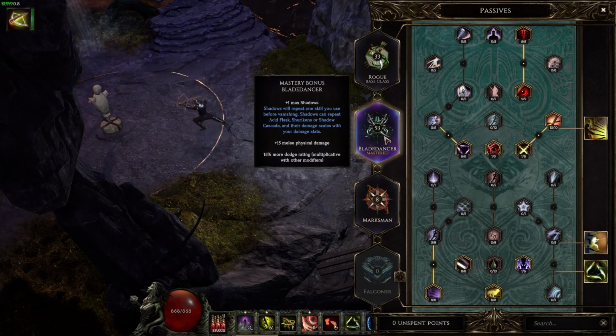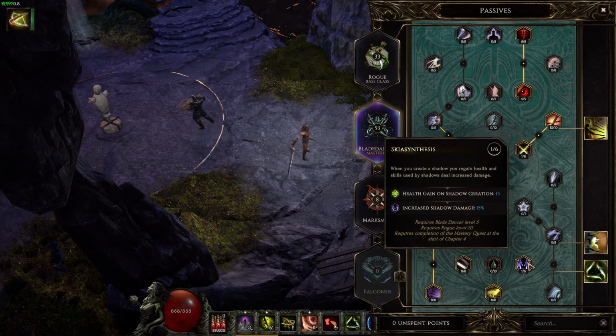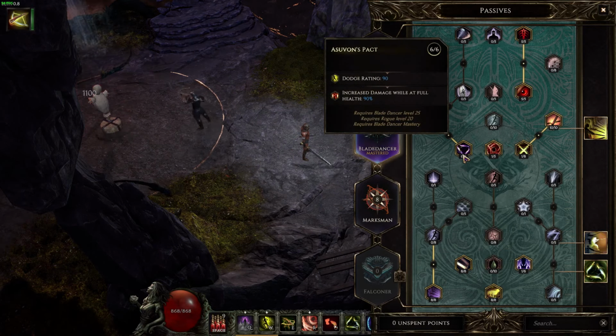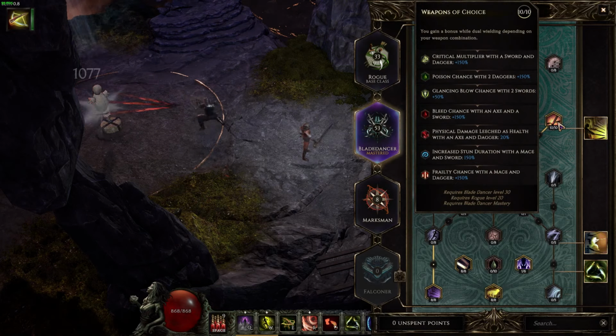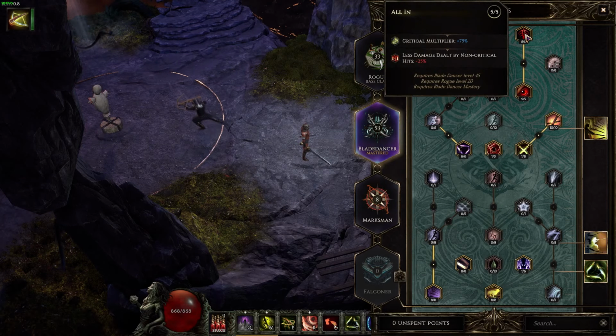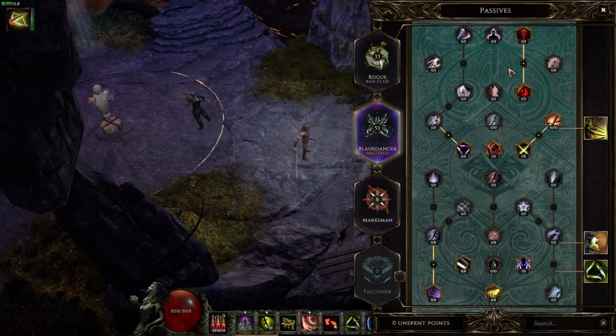And we have 53 points in the Blade Master, 8 points in Cloak of Shadows, 8 points in Pursuit, 1 point in Sky Synthesis, 8 points in Once, 6 points in Asuvan's Pact, 1 point in Blood Dance, 1 point in Flash of Steel, 10 points in Weapons of Choice, 5 points in Critical Eye, and 5 points in All End. What we were trying to do was get as much critical strike chance and critical strike multiplier as possible